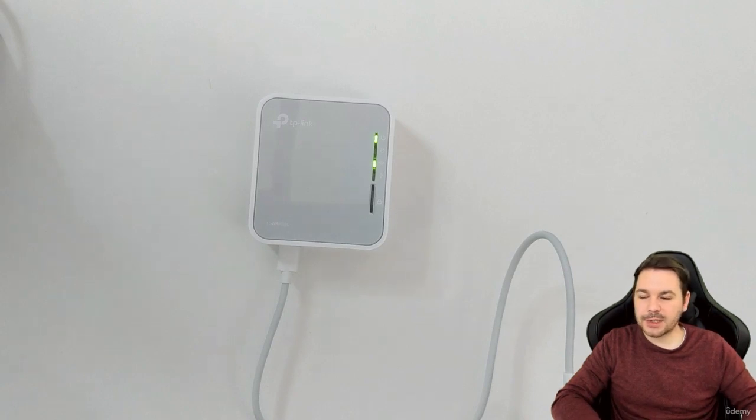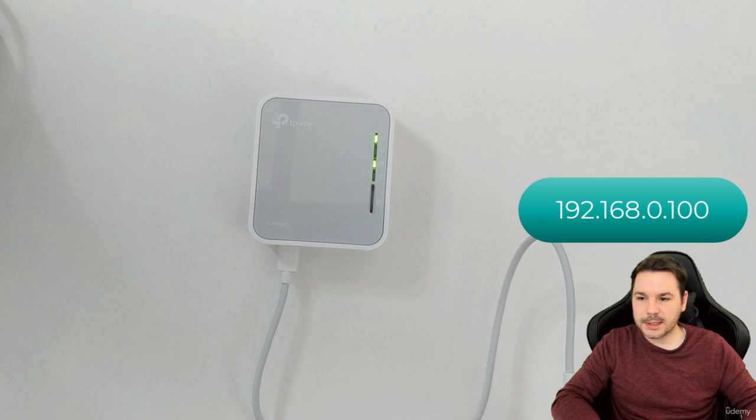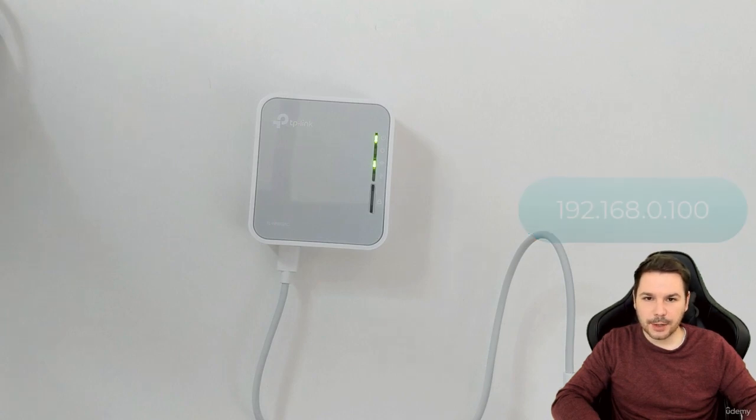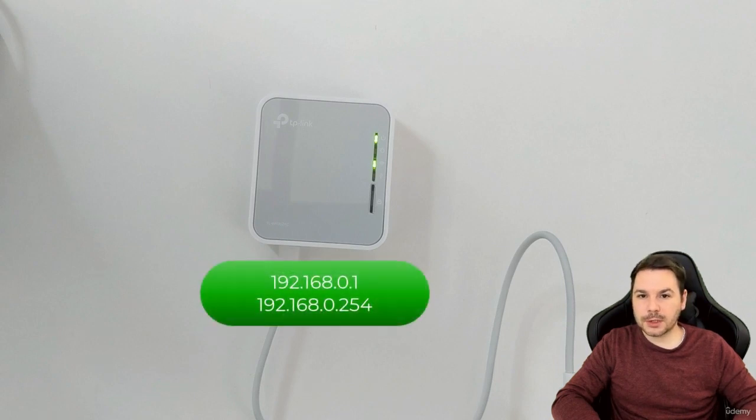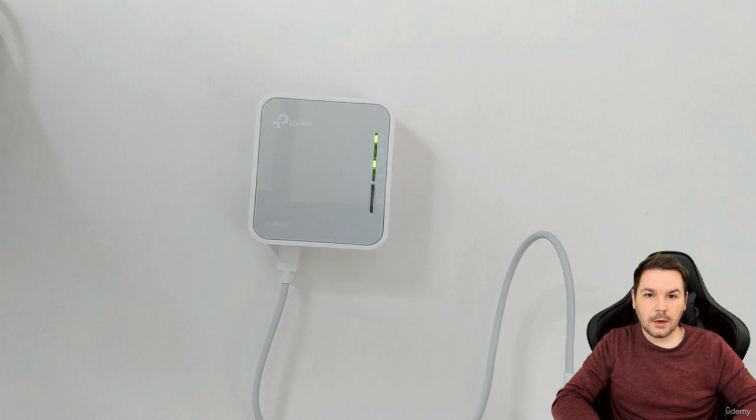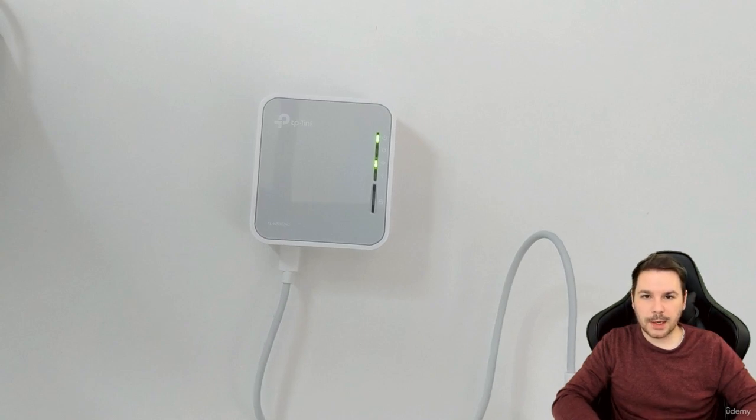In my case, I received the 192.168.0.100. Next, we need to log in into the interface of this device, into the router, and therefore we have to identify the IP address. So most of the time it's simply just the gateway address, 0.1 or 0.254. If this is not the case for you, then we need to look it up on the vendor side. So maybe there's a certain DNS name or a certain IP address,